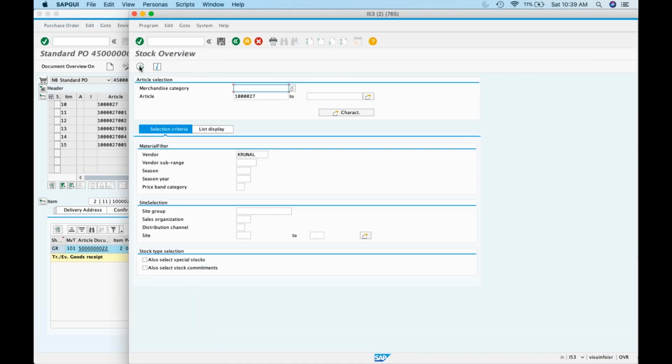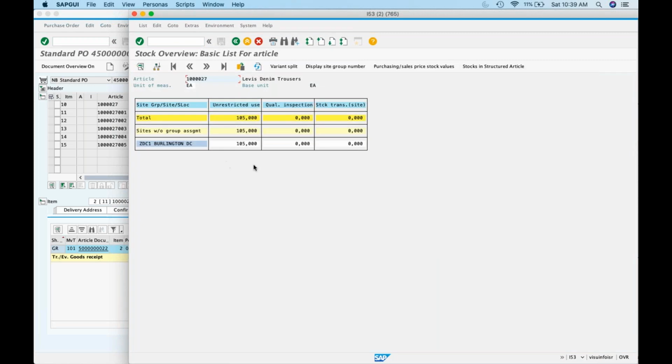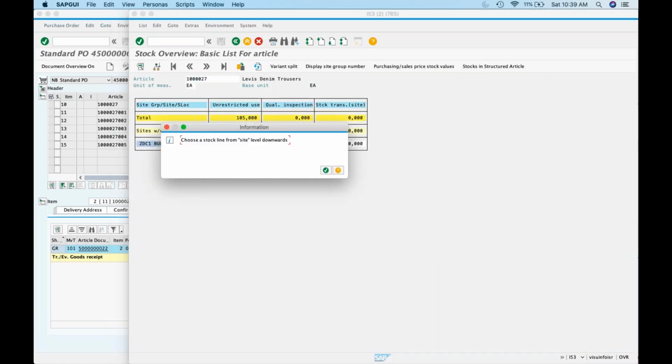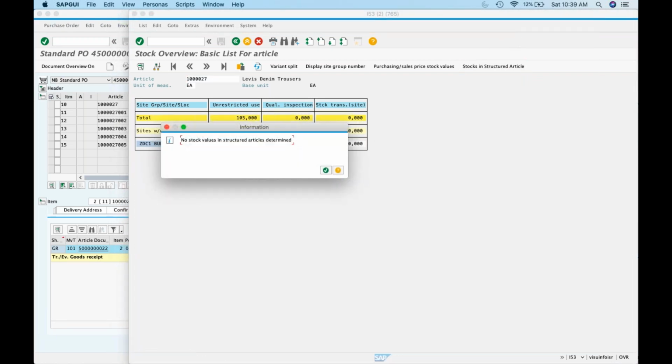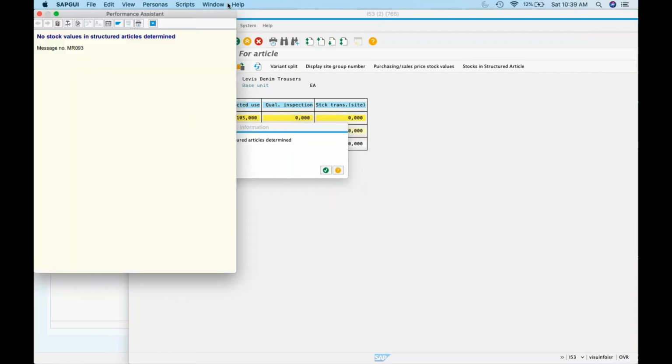Okay. Now you can come down to backend RWBE. 27 is the article, right? You see a total of 125, but you can check the stocks in the structured article. So you can click on Burlington warehouse to see how much is there.